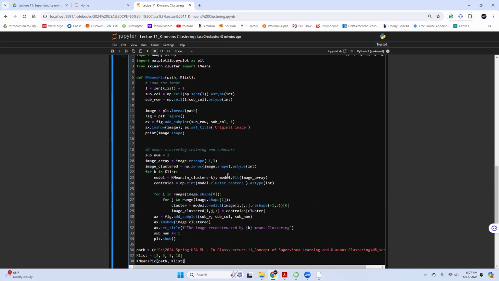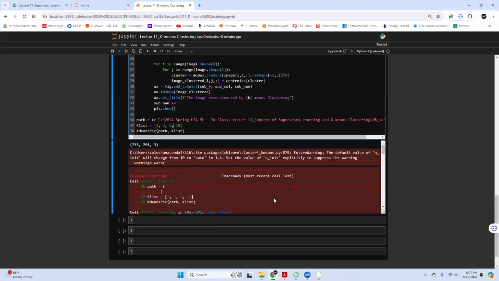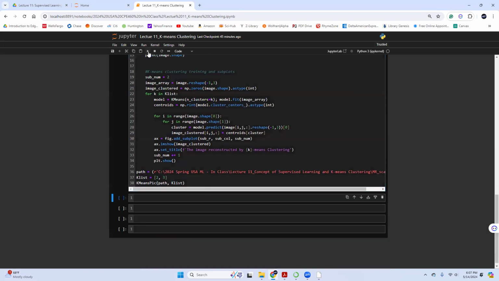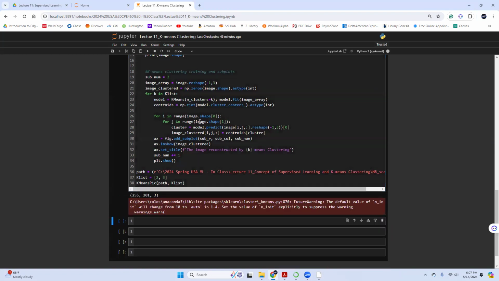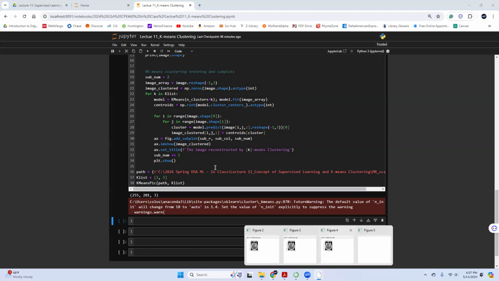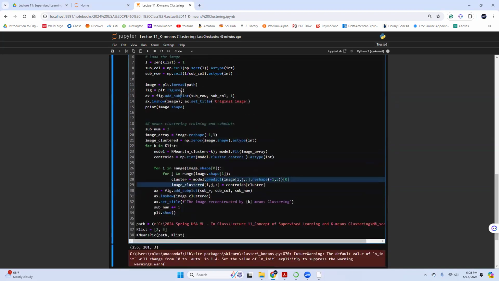Or maybe I can make it smaller. Let me stop it. Or maybe I can just make K equal to 2, because I just want to make sure that I don't have any mistakes here. Sorry, I do make it again. Oh, already done. Good. Oh, wait, something is wrong. Wait a second.